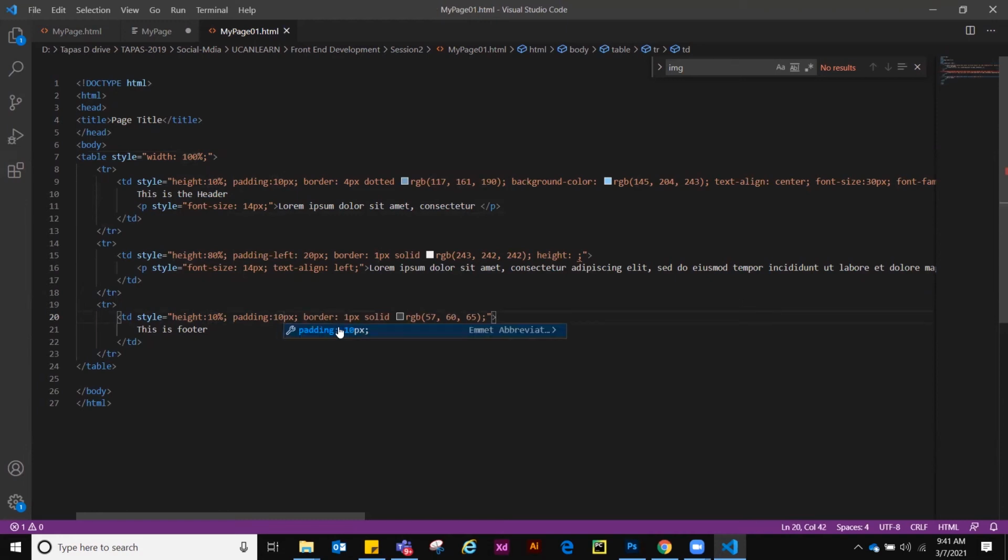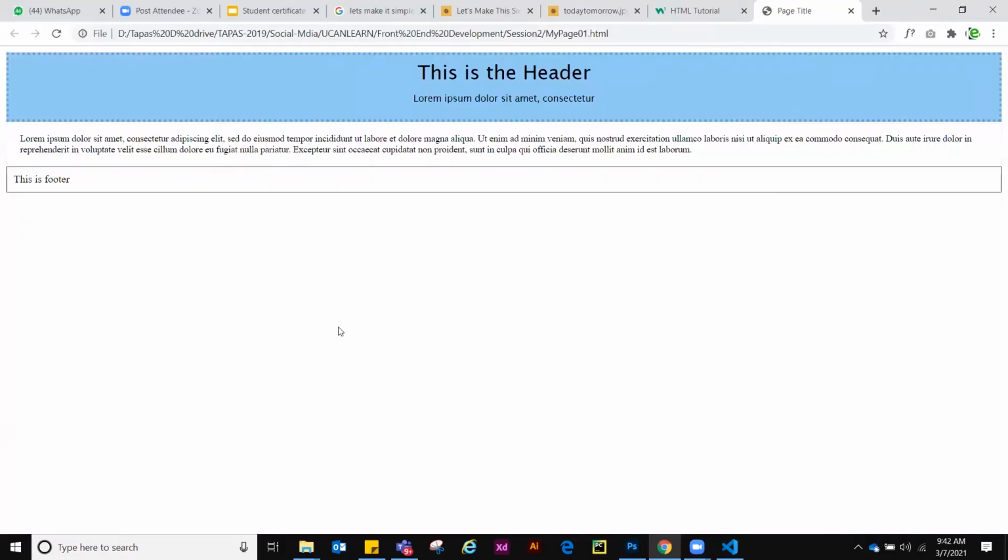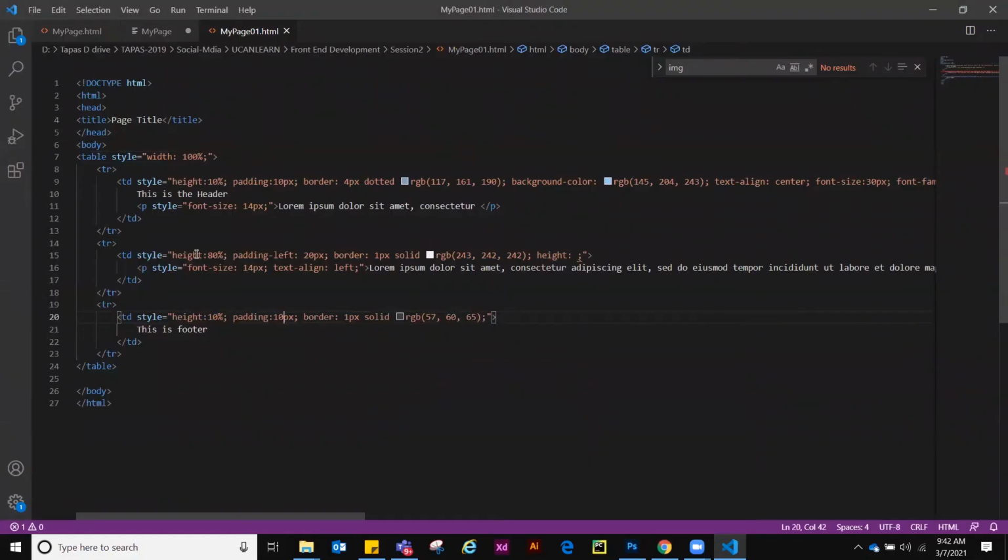But what is the problem happening over here, right? We shouldn't mix percent and pixel. If we are using pixel, then we should always use pixel, and if we use percent, then we should only use percent. Both things got mixed, that's why it is not working properly. We will see it later, but for now let's put the height over here in pixel only, so that it looks good.